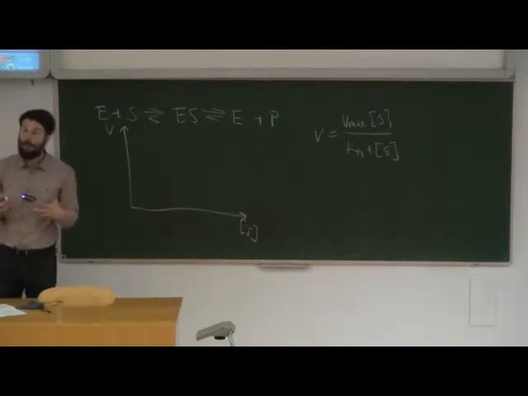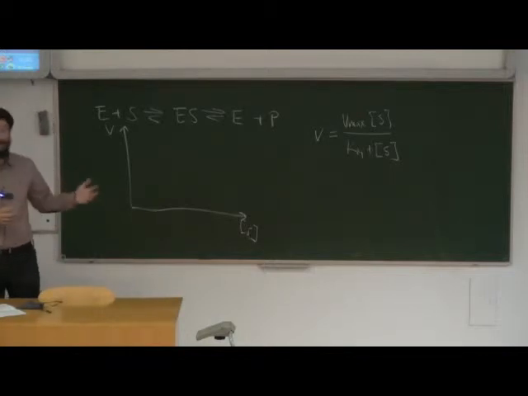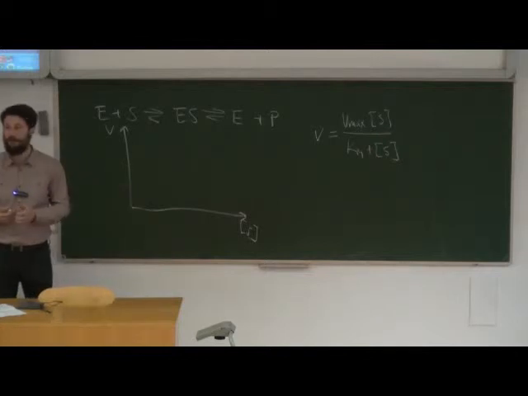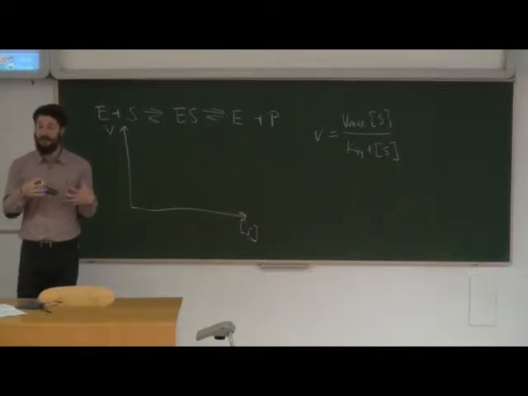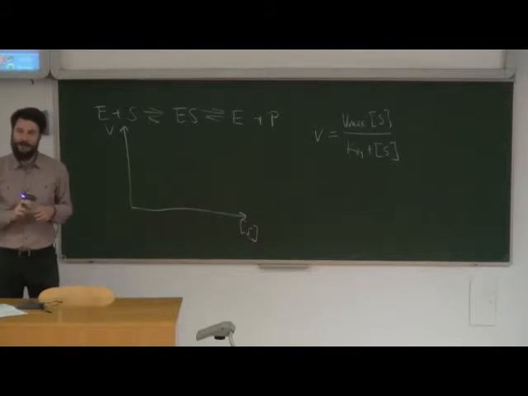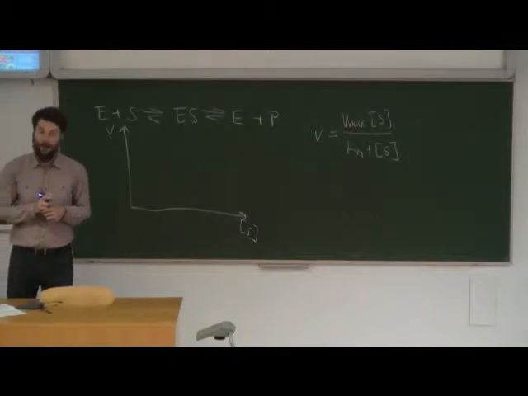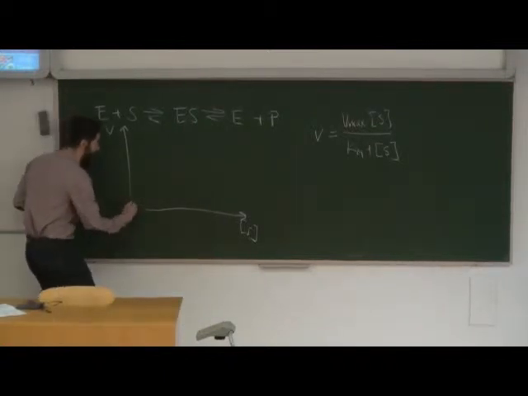So what is the relationship? What does it look like for an enzyme that actually follows this kind of kinetics? What does the relationship between the two variables look like? If we increase substrate concentration, what happens to the rate? It goes up, which kind of makes sense. Does it go up in a linear fashion or a non-linear fashion? Hyperbolic? Okay, so the shape is hyperbolic, correct?